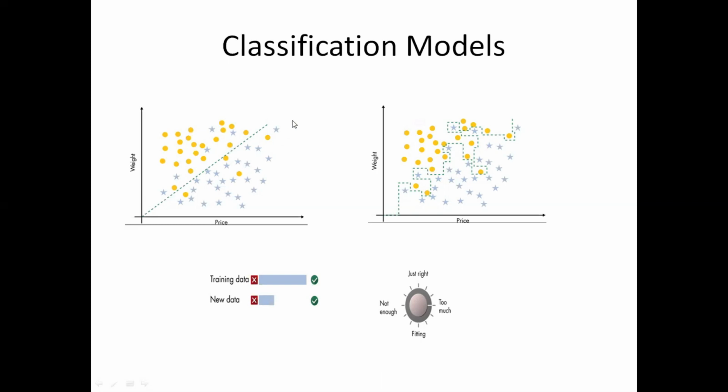Or there is another model that you can go for, a highly complicated model that does a perfect classification of data, as you can see here in this second diagram. This is a complicated model that will give you a perfect classification of data. So there are different ways in which you can develop classification models. But how do we decide which model is a good model and which model is a bad model?